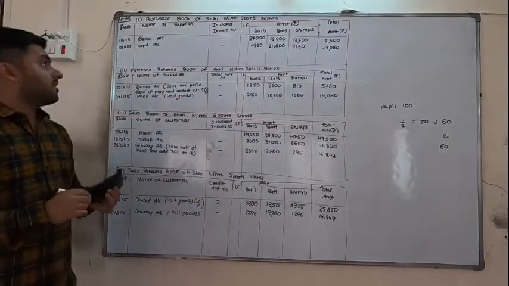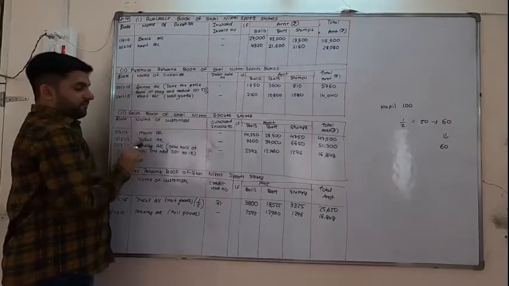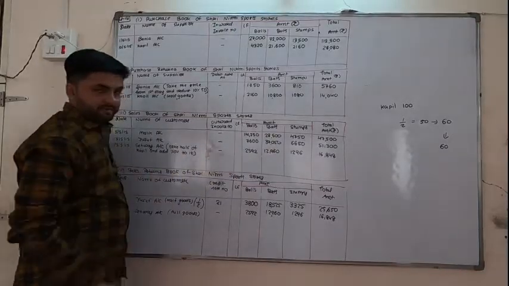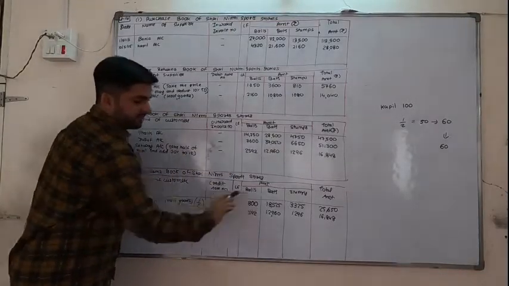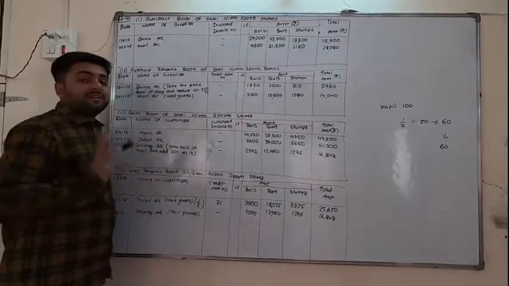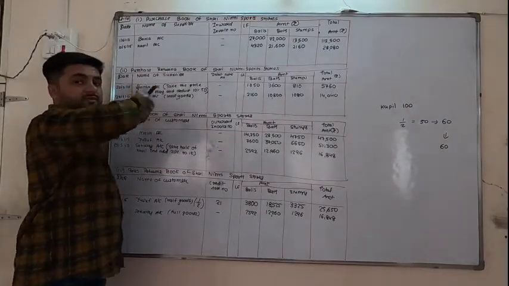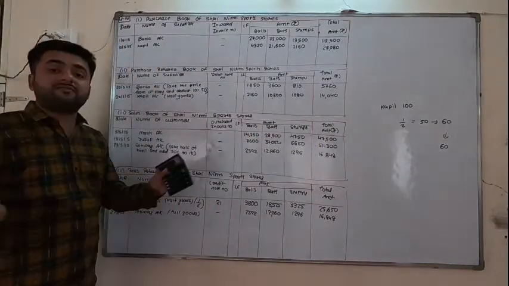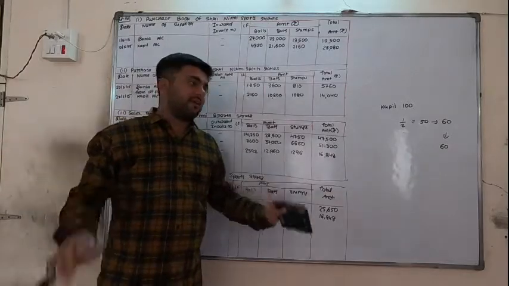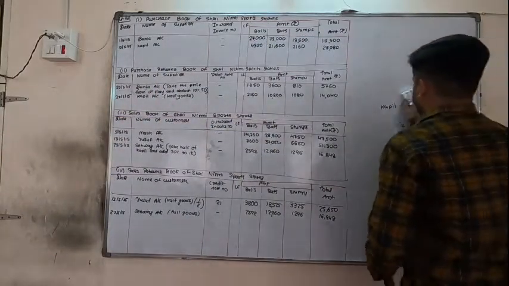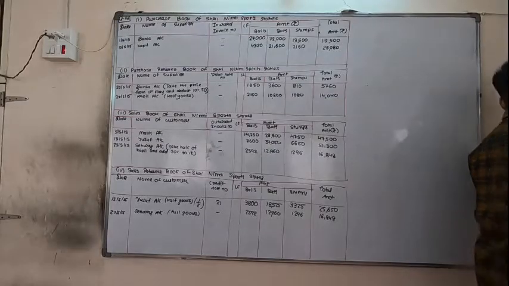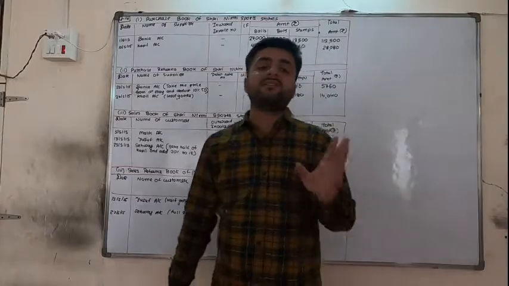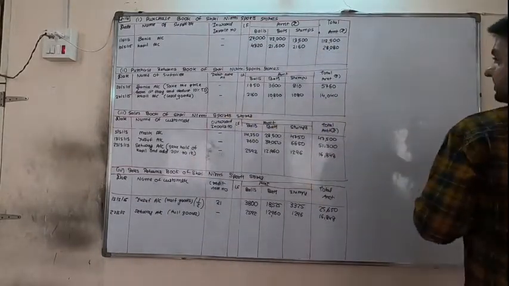So friends, remember, only half goods of Kapil are sold to Sehwag after adding 20%. So we have taken half and added 20%. Sehwag is returning all the goods, so same amount. That same goods returned to Kapil means half goods were sold to Sehwag, he is returning back, so we will return only half goods to Kapil because the other half goods are not used. Now the 38th transaction is not to be recorded because clearly they are telling cash sales and cash purchase. So that's all. Transaction has completed.